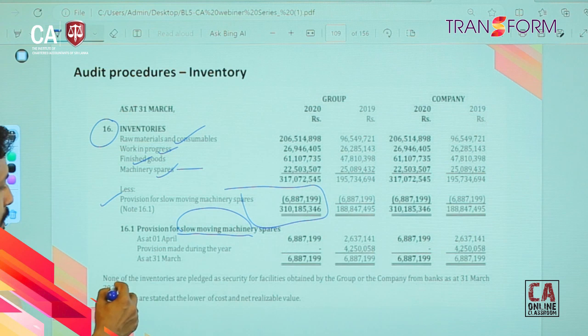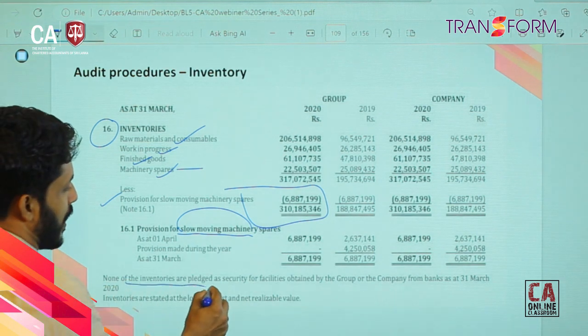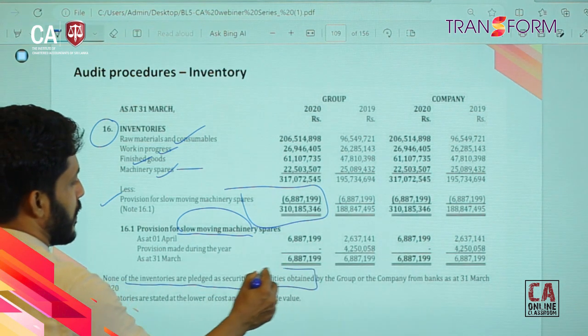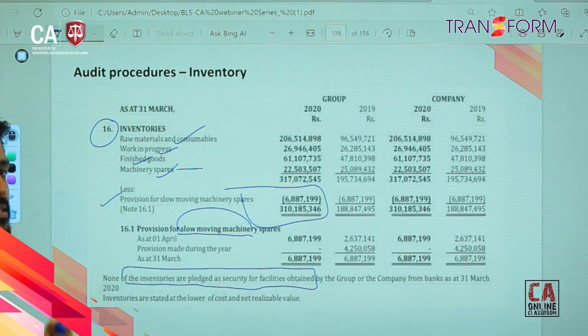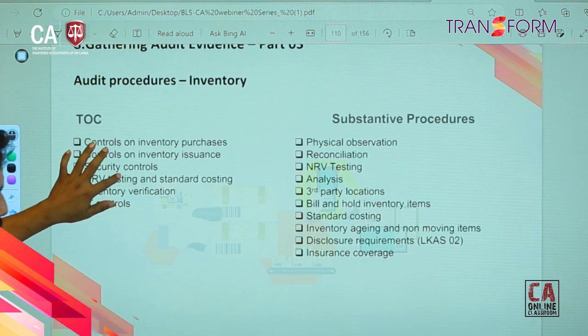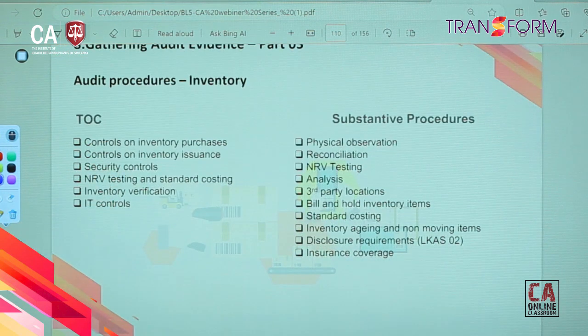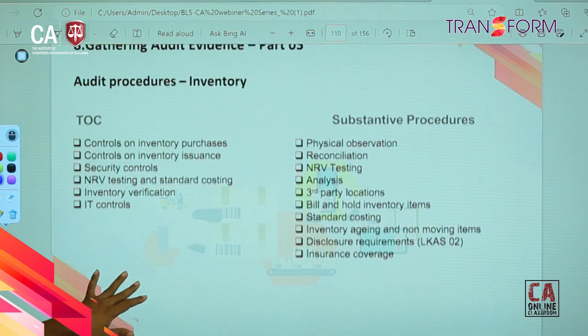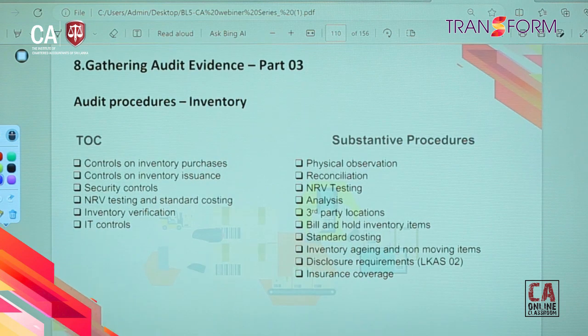Here we have a disclosure. None of the inventory items are pledged as a security. So then if you have pledged this inventory item for a bank loan, you have to mention that as well, right? Okay. And then once you are doing your audit procedures, we are coming back to audit procedures. Once you are doing audit procedures,